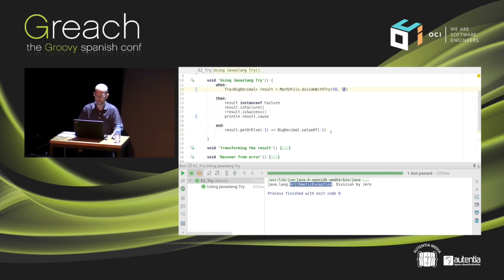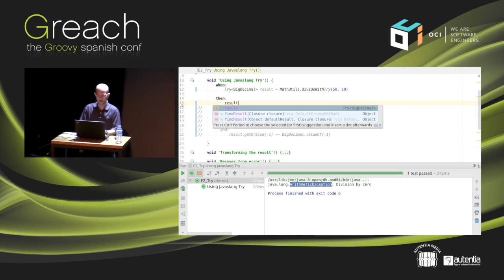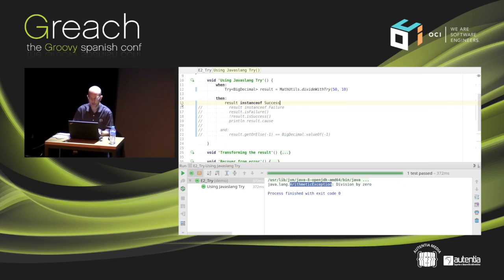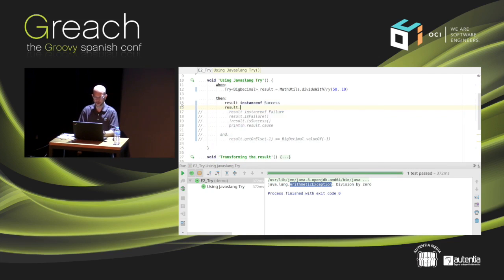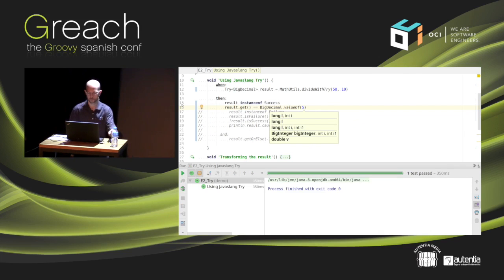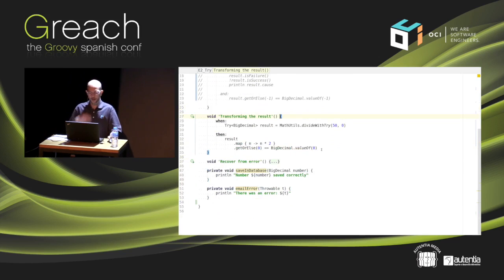So now if I do this, let me delete all of this code. Here, the result will be an instance of a Success. No, not this one. Success, this one, right? And I can do result.get, and it will be BigDecimal value of 5. Okay? Perfect. What else? We can also map the values, so we can chain one call after the other without